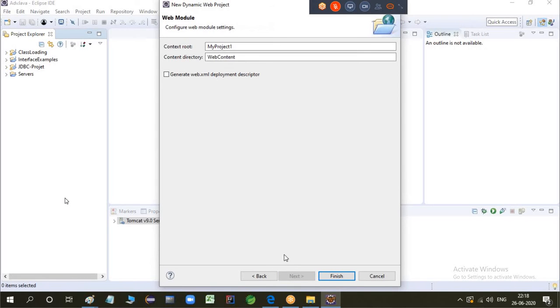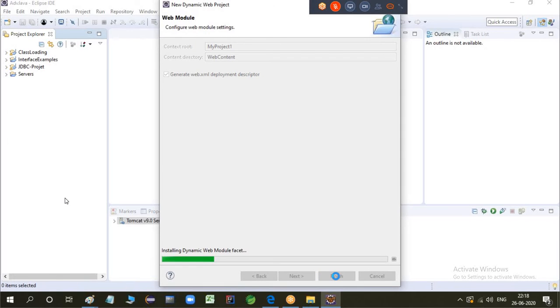Click on next. My project, that's the root one. Web content, where you can add the web content, and you can generate a web.xml file. It will automatically get generated, the deployment descriptor file. Check that box and click on finish.